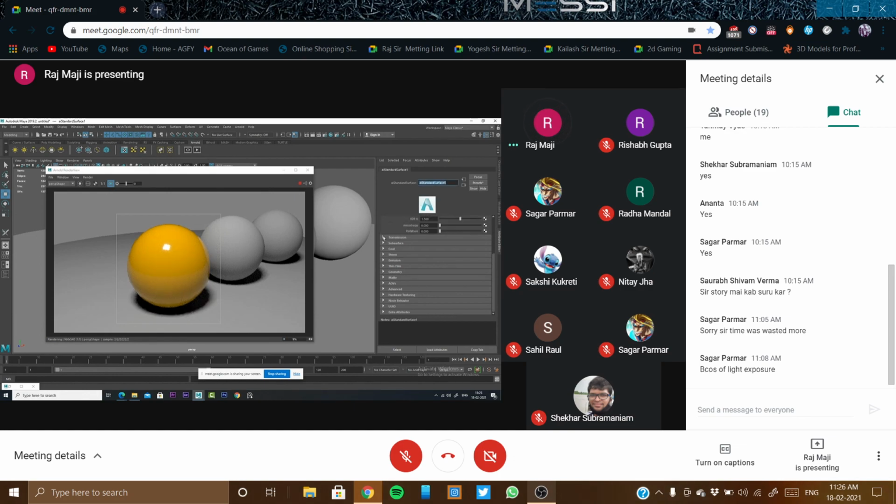Okay. Now coming to emission. So what is basically the emission? Let's check what will happen. Okay, so it is basically illuminating. Can you see? It's illuminating. Even it's illuminating the light also from here. Emission. It's not that mesh light, it's emission.